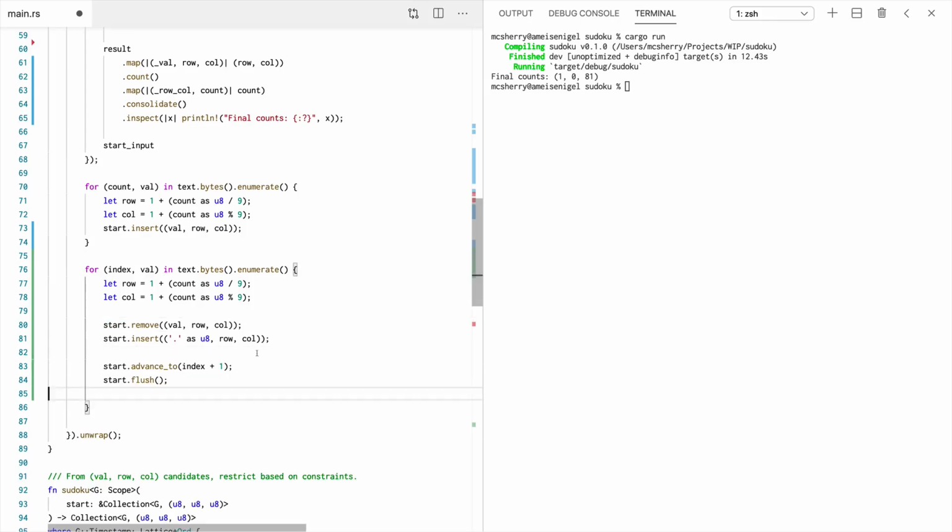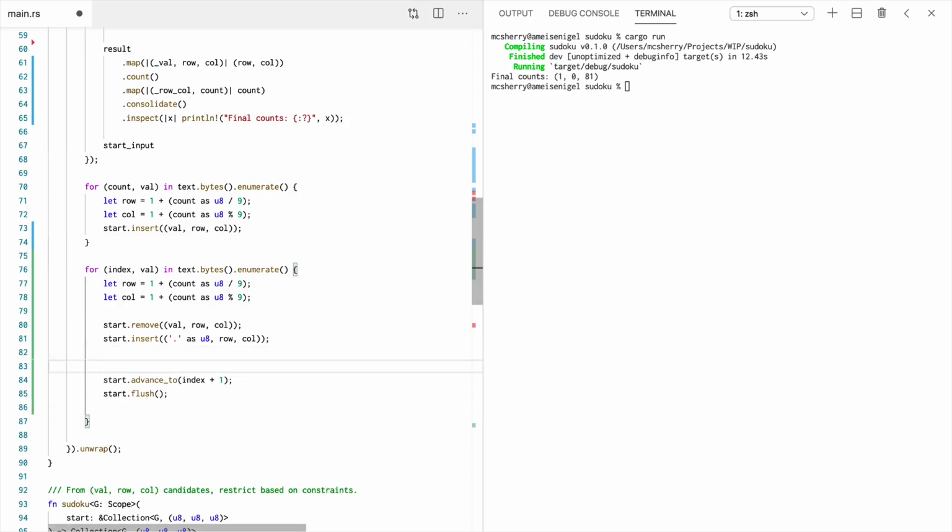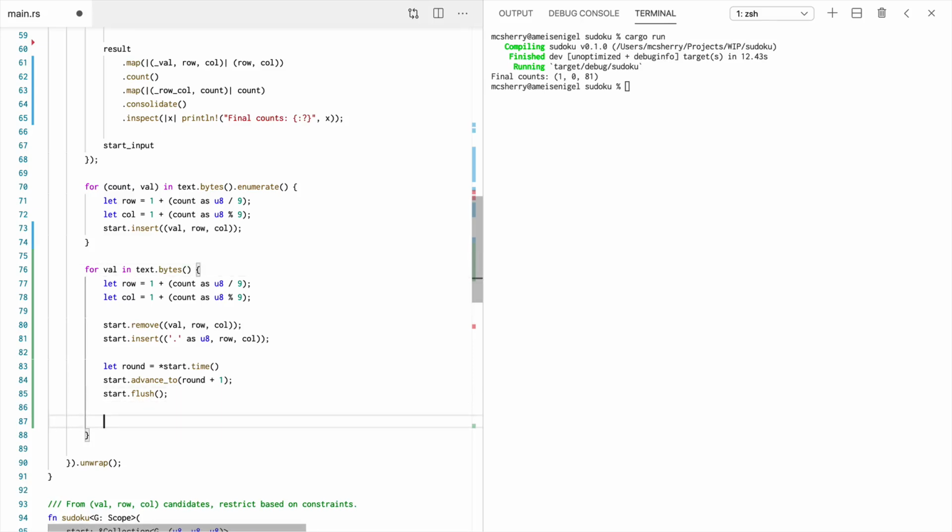So we don't want this to occur at, I guess what we can do is we can always just do let round equals, so we can just pull the round out there. Flush. And now we don't even need to iterate, do the enumerate there to look at the count. And now we do something along the lines of